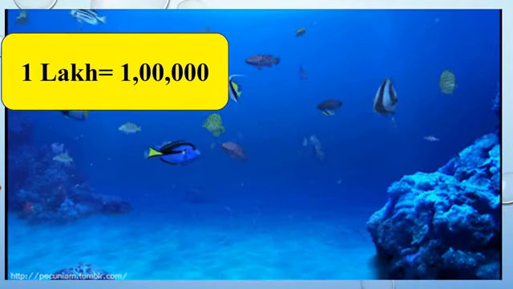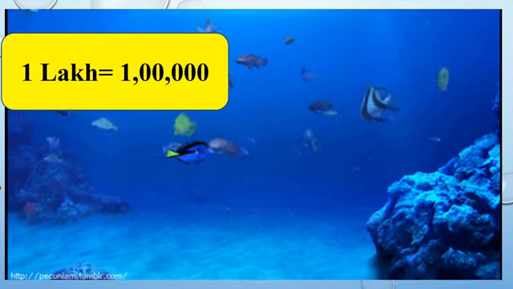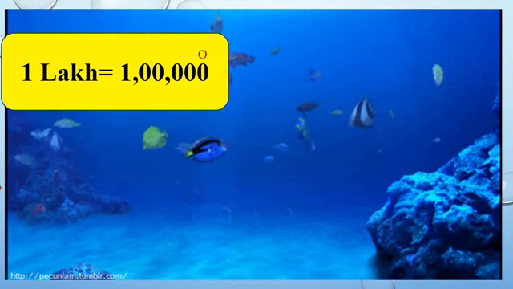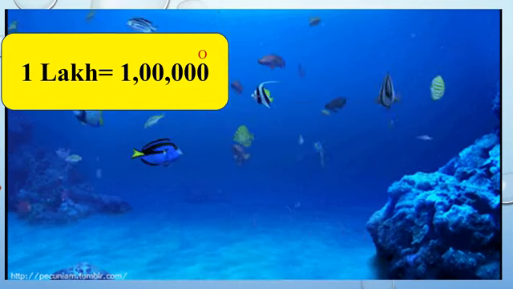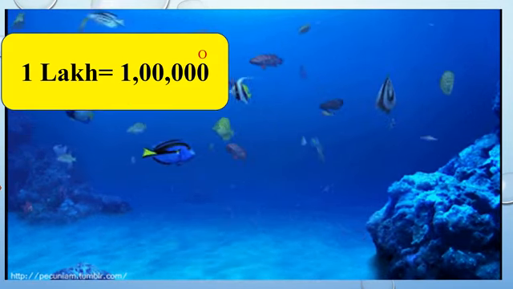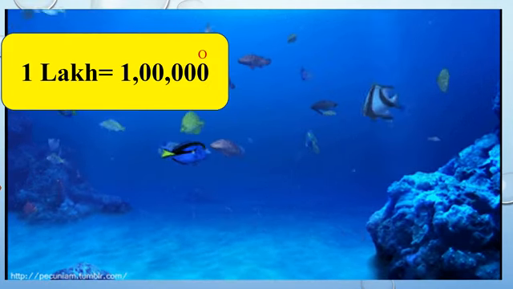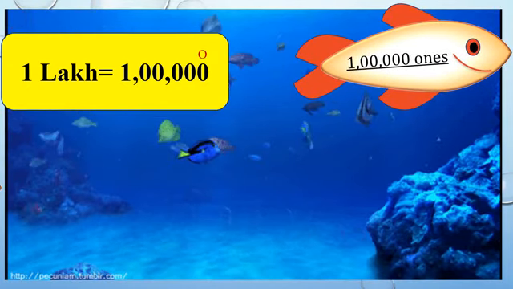1 lakh. So after 1, 5 zeros should be there. Am I right? Yes. So what to do now? We are going to find the ones only. So how many 1 rupees added together will give us 1 lakh? This is the question. So I think you can understand. So as it is. At the top I have mentioned ones, isn't it? So as ones are mentioned, up to here it is 1 lakh for us. So then 1 lakh 1 should be there. Look at here, after 1, 5 zeros are there. So this is the correct answer.